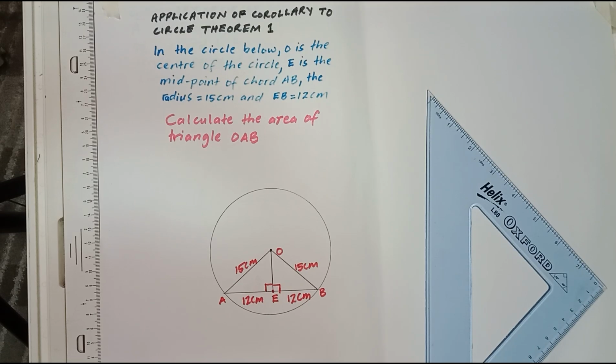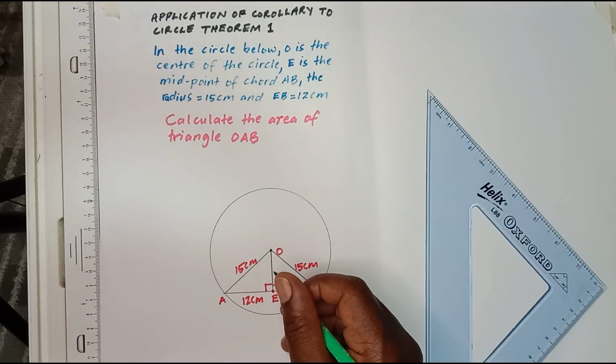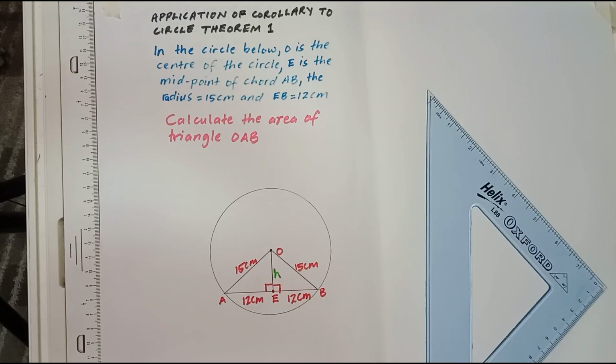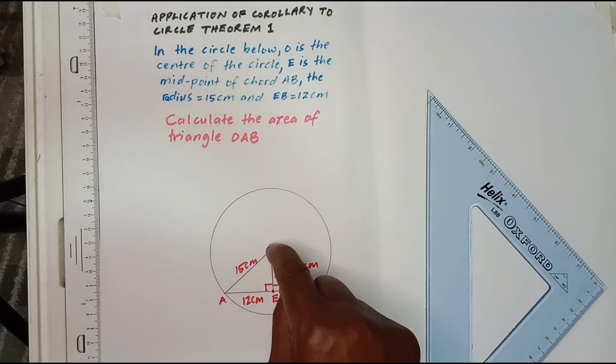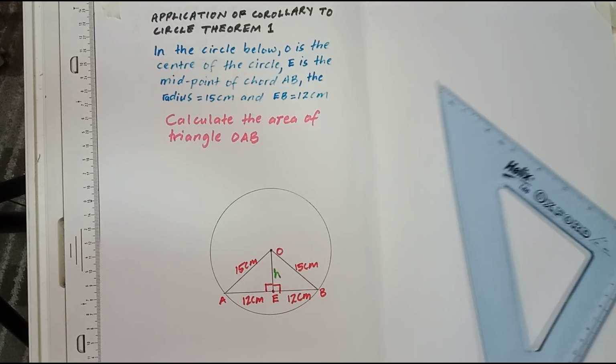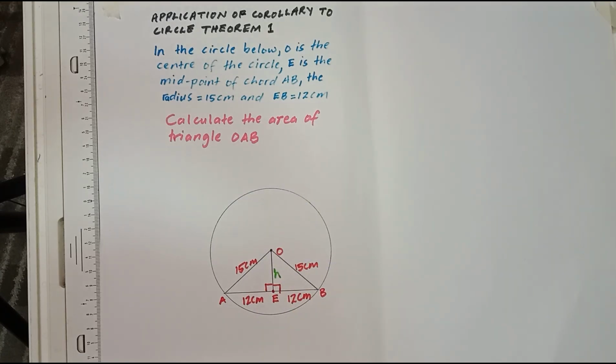So now, what we can do is, we know the basic formula for calculating the area of a right-angled triangle, or if we are given a perpendicular height. So OE becomes the perpendicular height of the triangle. Let's call it H. H is the perpendicular height, perpendicular because OE is meeting AB at 90 degrees. So this is a perpendicular height. So the basic formula for calculating area of a right-angled triangle is,